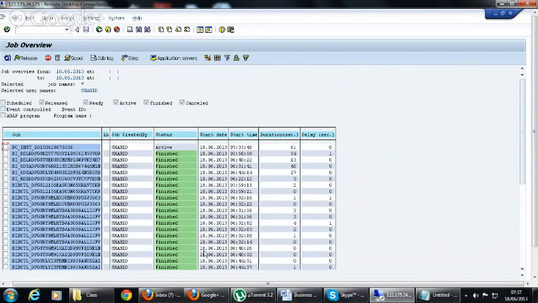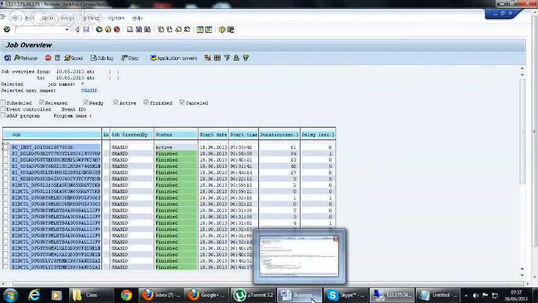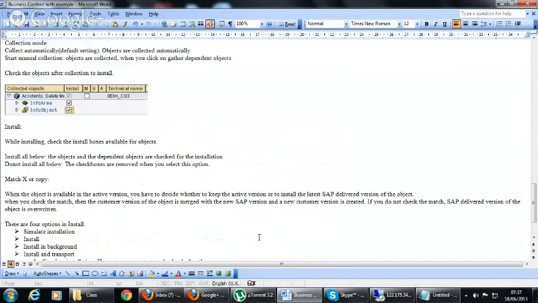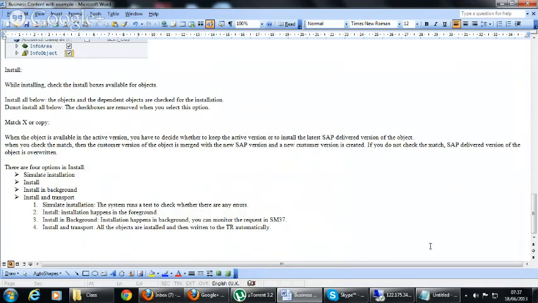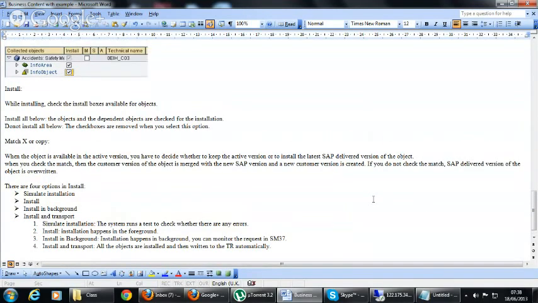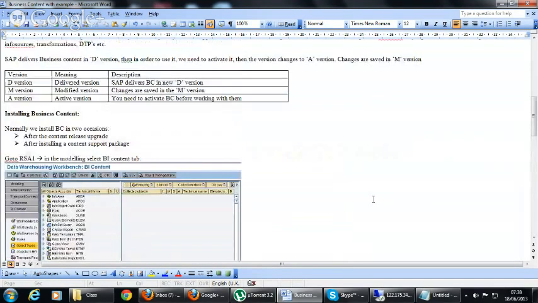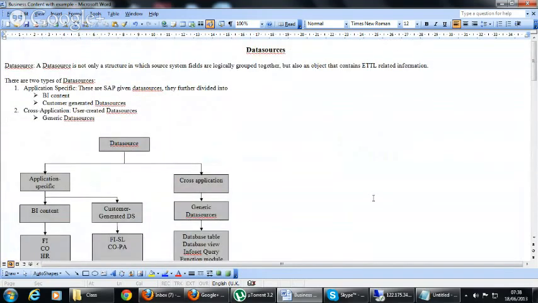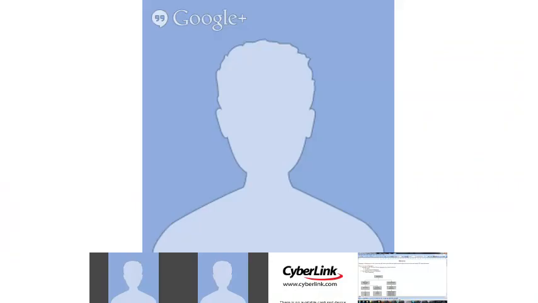This transaction, business content, was not working before, so I thought I would show you about the DSOs first. However, I had to show you the behavior of the DSOs, and now it is working, so it's okay. We can go ahead with this, and I will send you the document when I complete this with the customer generated data sources as well as generic data sources.